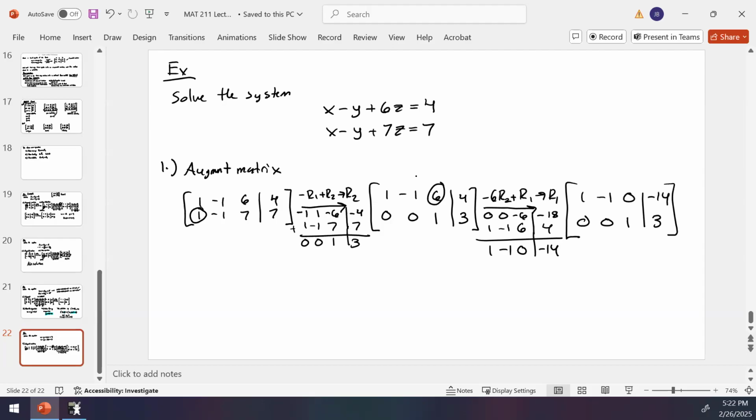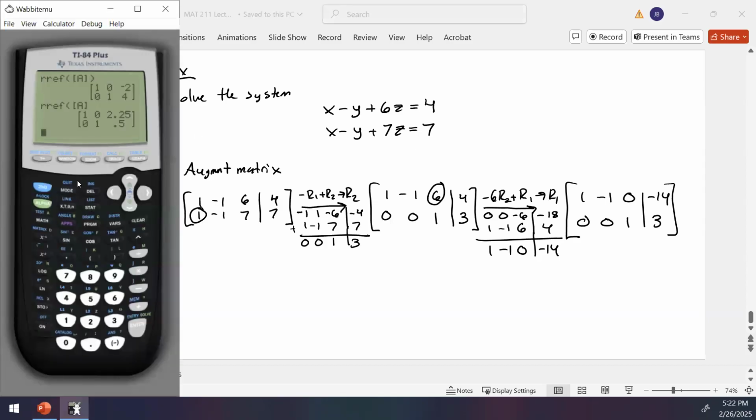And then negative 14. So now we have it in RREF. Now, when it comes to these matrices, again, you could just plug it into your calculator, second matrix, go to edit. This is going to have 4 columns, not 3. So it's going to be 1, -1,